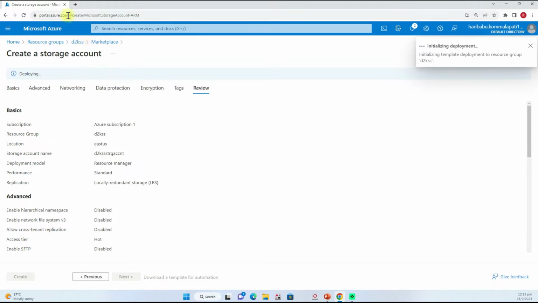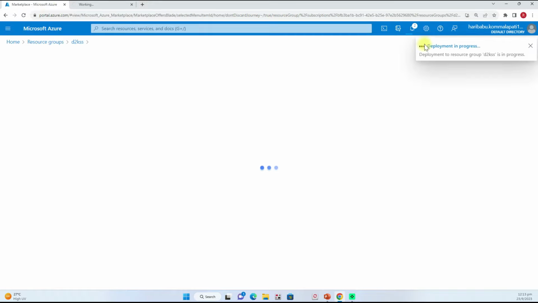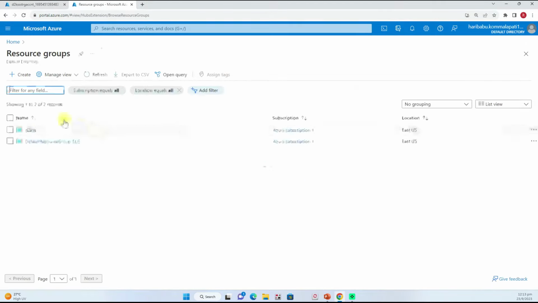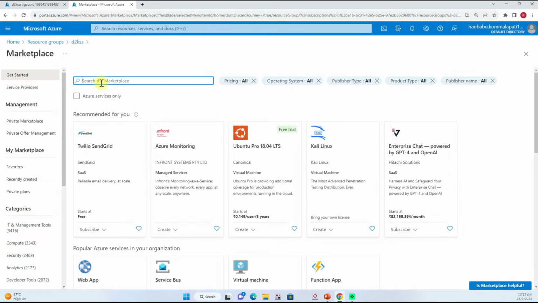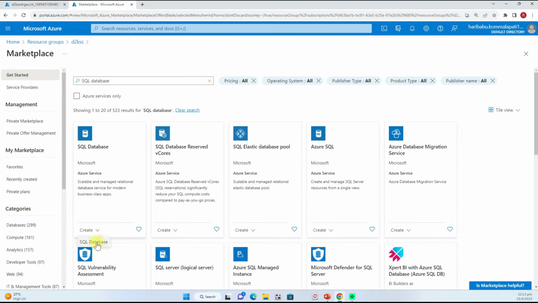and create button. In parallel, you can go back to this particular portal again. The deployment will take a while. So in parallel to that, I'll go to the resource group and create a SQL database. The second thing is we have to create one more, a SQL database. So go to the SQL database